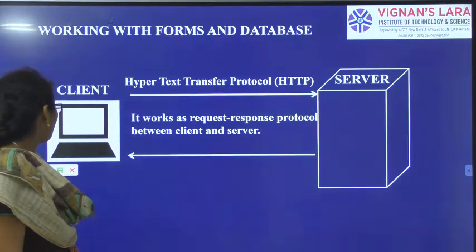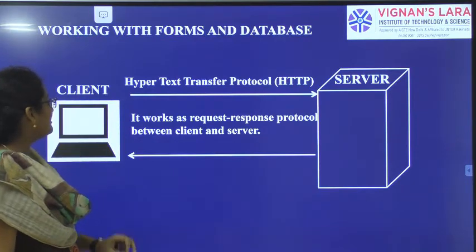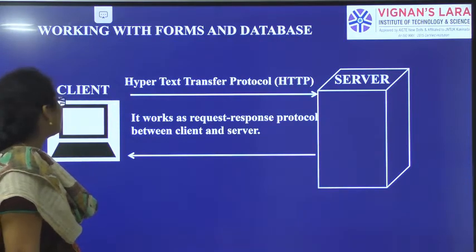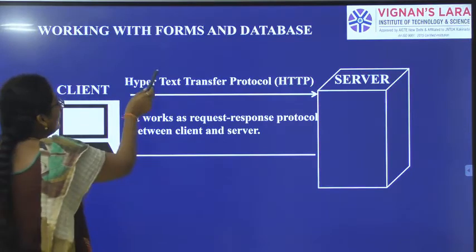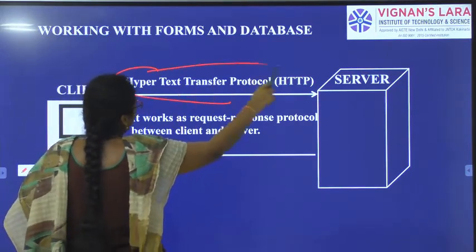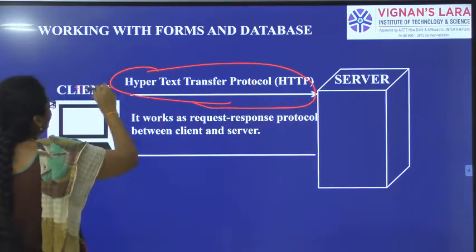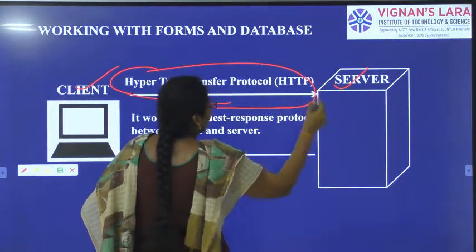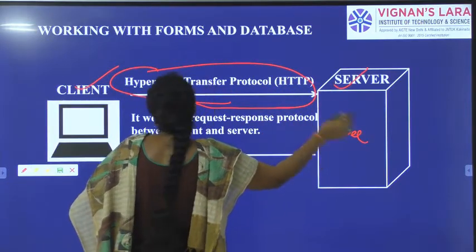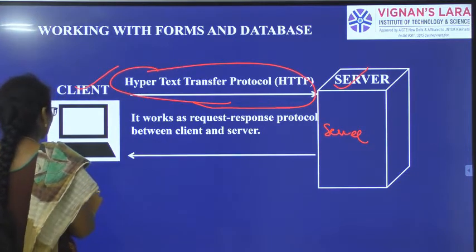For that, here we have a client and server, and we are going to use initially hypertext transfer protocol, which will act as a request and response protocol between the client and server. We have the server machine, we have the client.